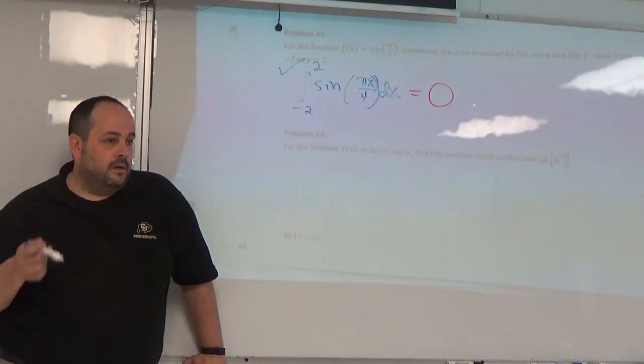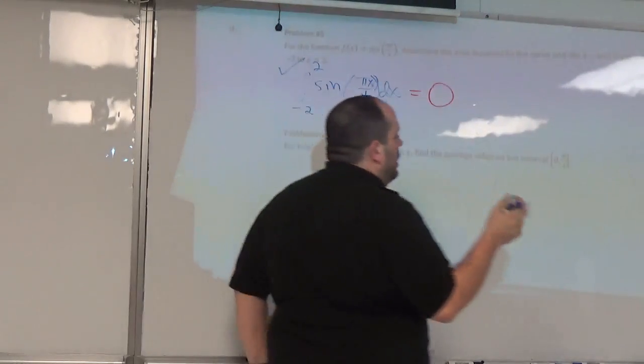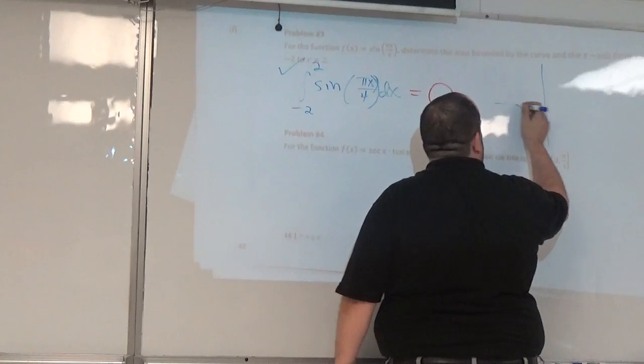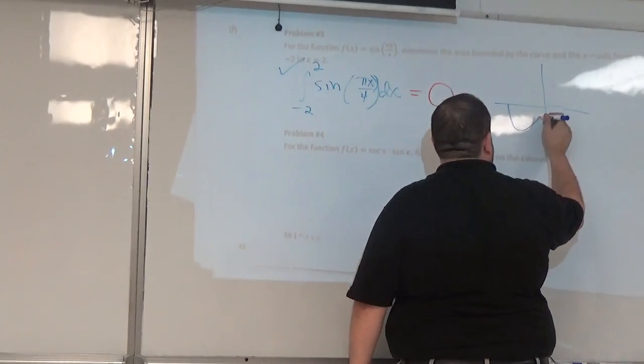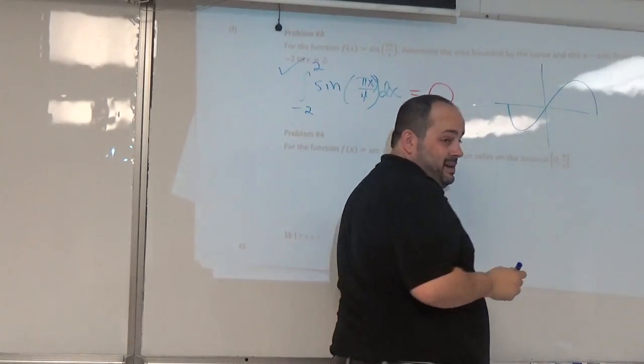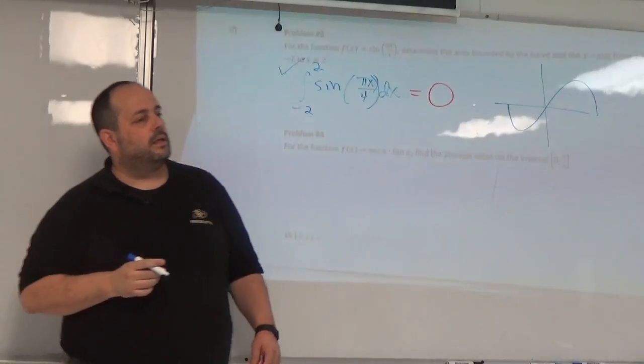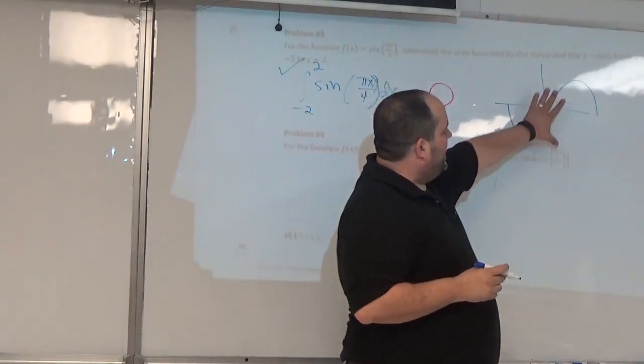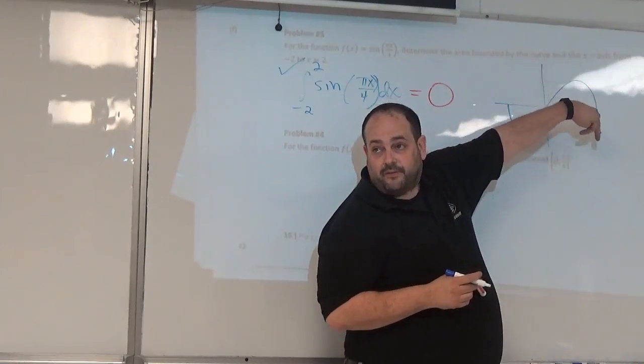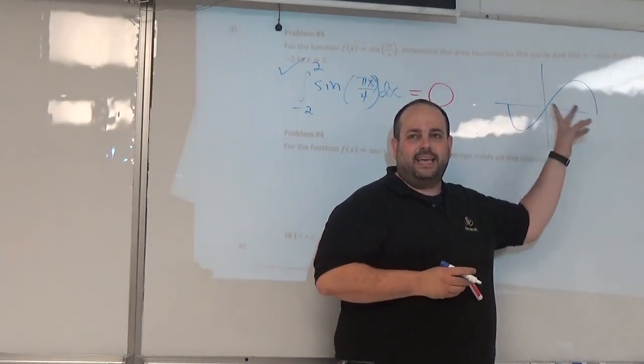Because sine is an odd function, which means that it's going to look something like that. So it's going to have rotational symmetry, which means as it turns, it basically just cancels out. Okay. Because you get an odd function, because you've got rotational symmetry, yes, the area is going to be 0,